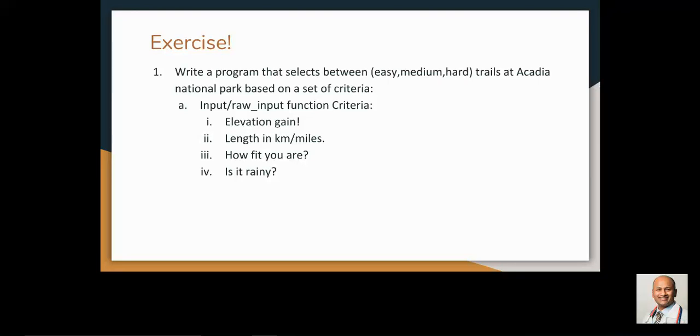So let's say you have raw input for the string and you want to cast it to an integer, you use int. If you want to convert to a string, use lowercase str. So if you guys are interested in casting, if you go to